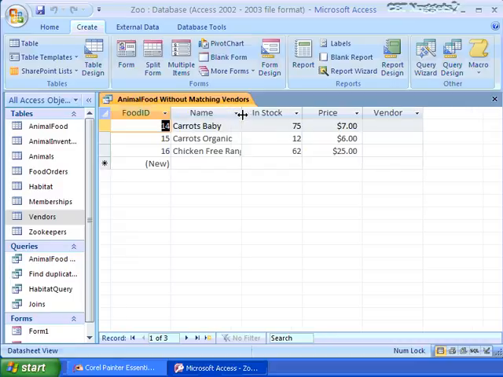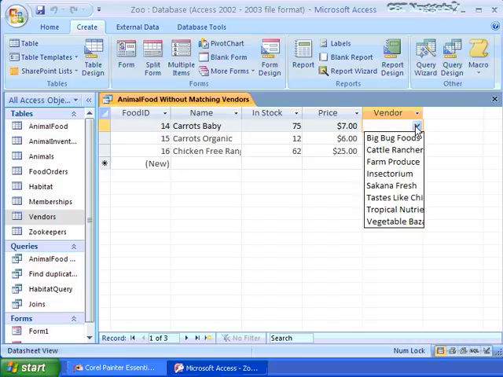Okay, well here they are. This is where we see our baby carrots, our organic carrots, and our free-range chicken. They don't have any vendors associated with them. So if we were good DBAs, we'd be running this when we think we have missing data, and we'd run